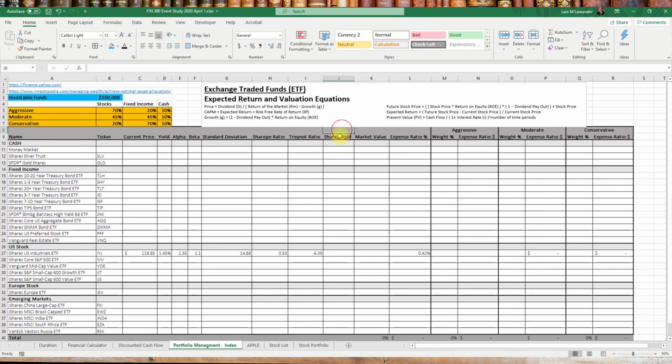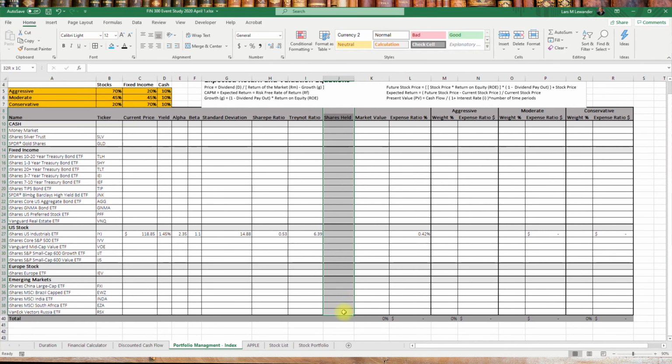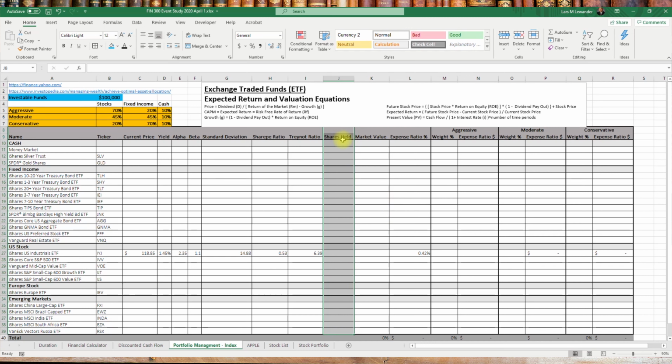In this case, we might want to change and move the shares held over to each part of our portfolio: aggressive, moderate, and conservative. That means that we have to make some room. We might want to cut this out and then plop this in here in between. But before we do that,